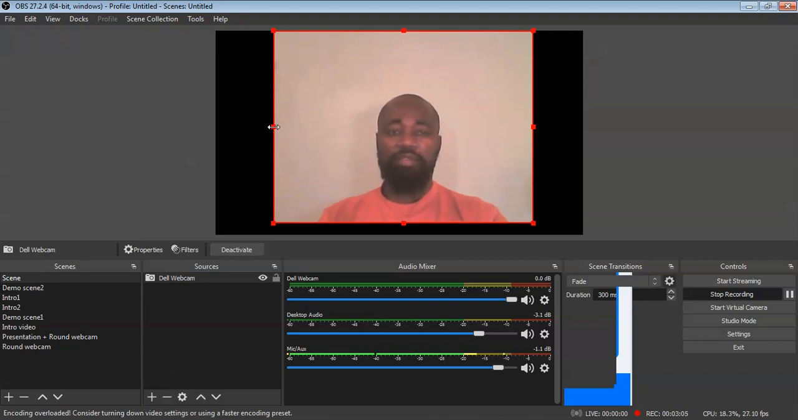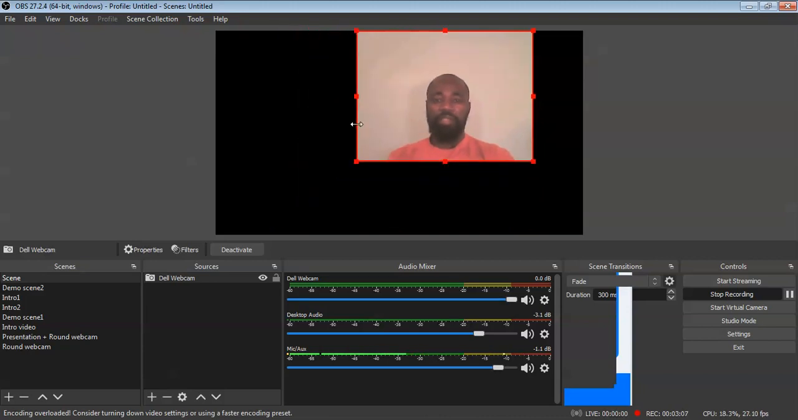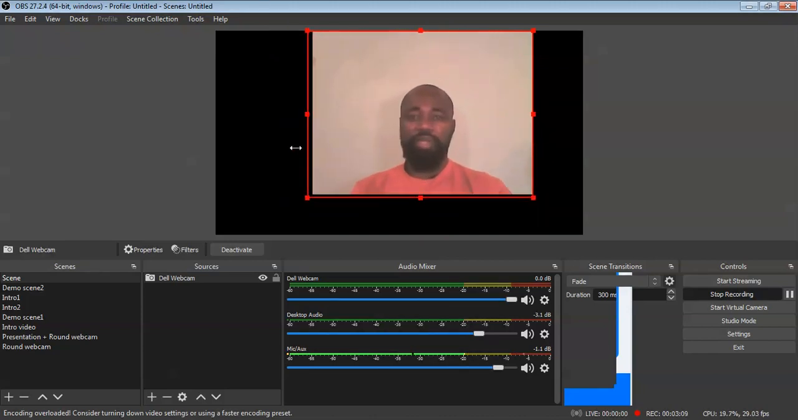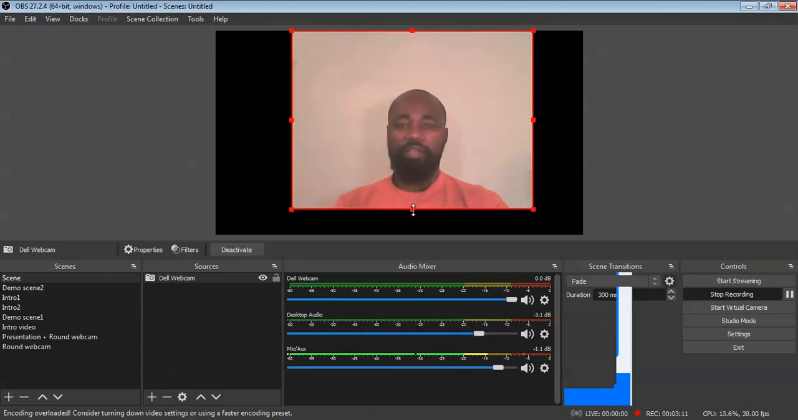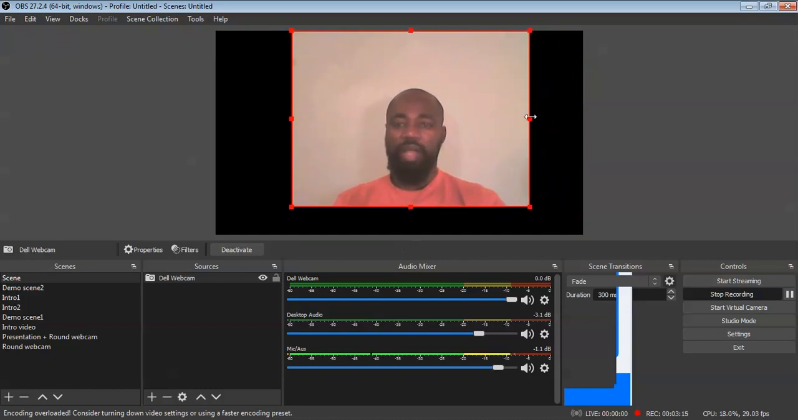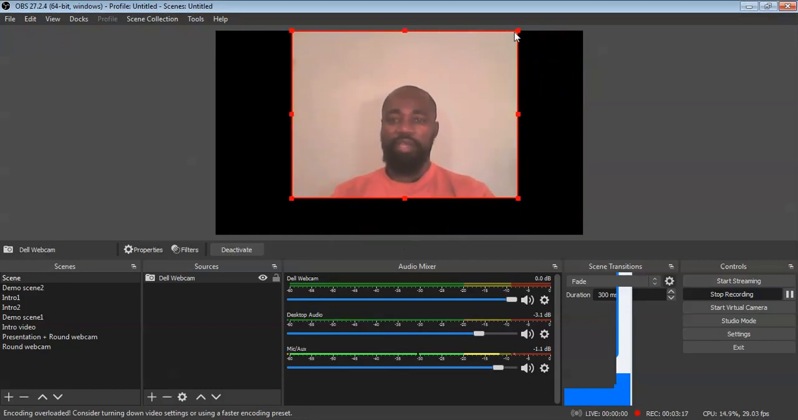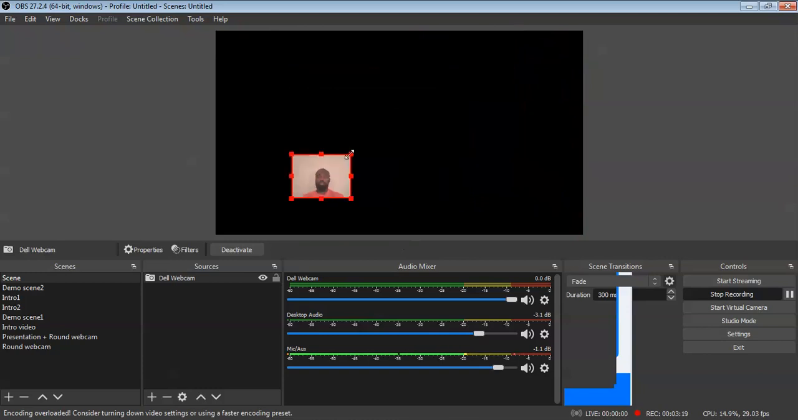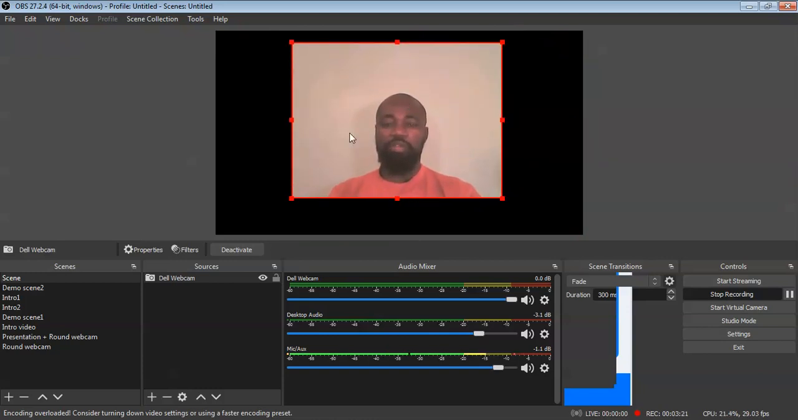But if I click on this left arrow and drag it in, it's resizing, it's not cropping. Likewise, if I click on the bottom one, it's resizing and not cropping. How about here? It's resizing. So how do I really crop this frame so that this box is just going to be